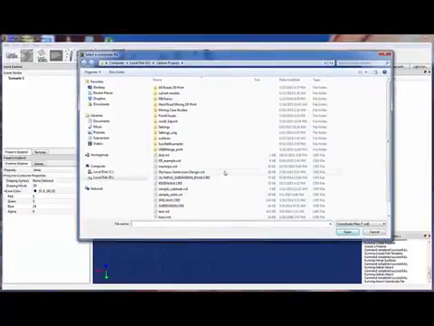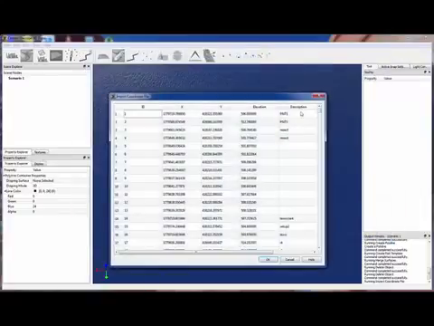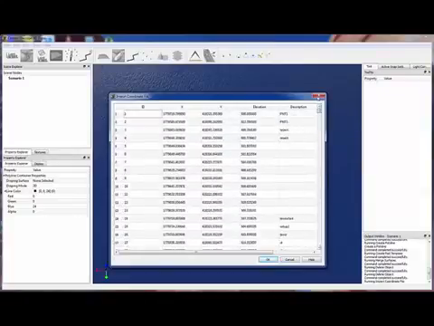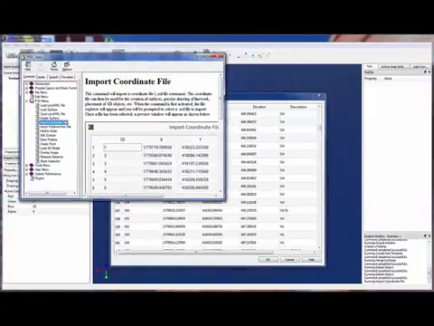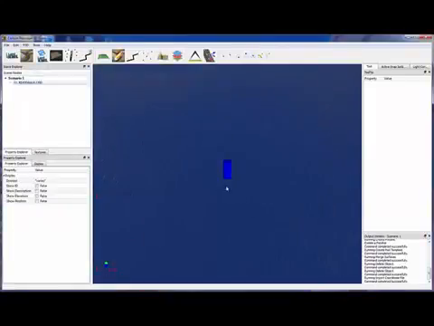So for Carlson Survey users, our CRD files are just our coordinate files from our software. And what I'm going to do is simply import all of these points. We get a little preview here. Again, if you want to get any help as far as what the dialogs mean, just click on the help button, or in the middle of any command you can press the F1 key and it'll pop up the help message. So I'm just going to go ahead and import these points,